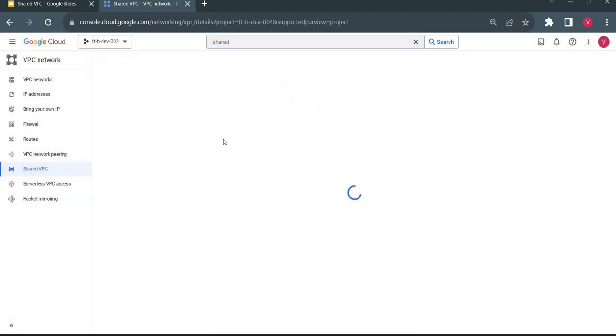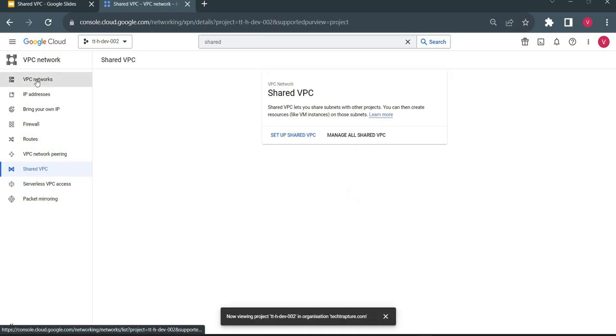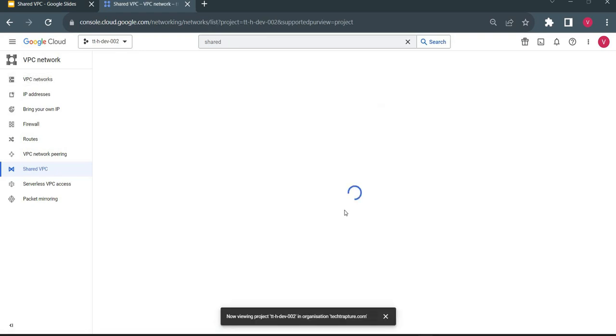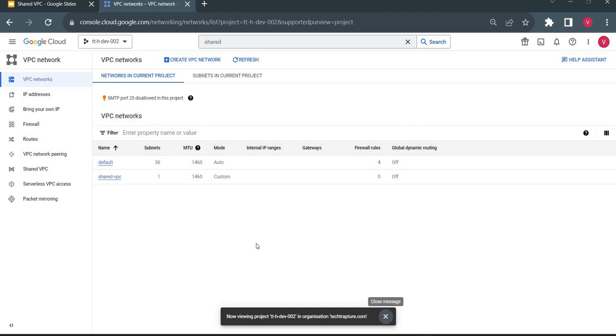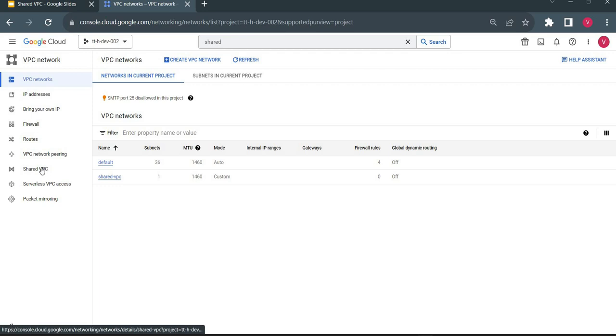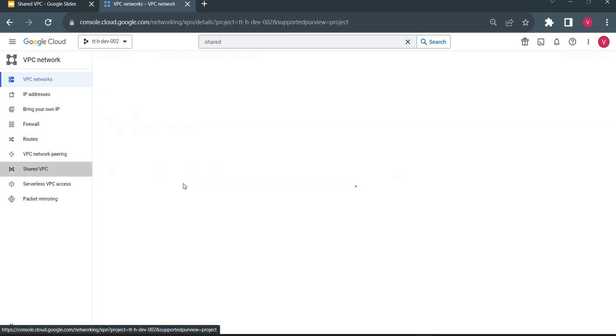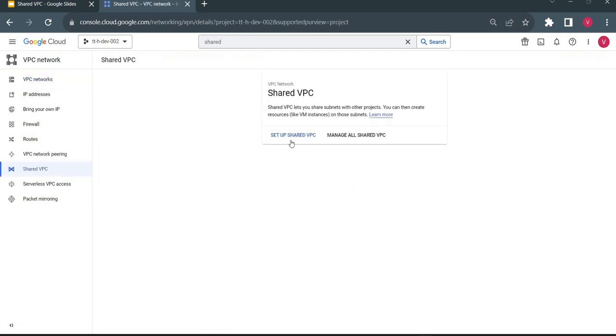So first I will go to this project, and I already created one VPC network in this project. This is a standard VPC network I have created. I have just given it the name shared VPC. As of now I have not shared it with any project. I just created one VPC and gave it the name shared VPC. So now I will go to the shared VPC section here, and I have the option to set up a shared VPC. So I'll click on this,